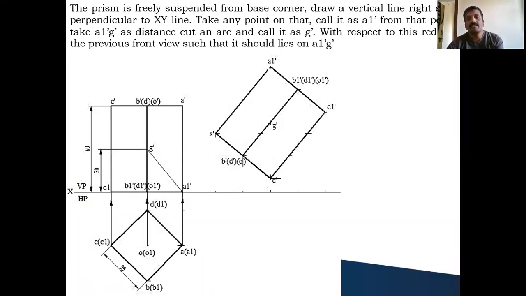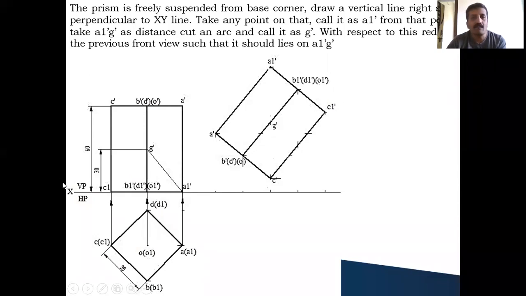So once you get the C1 dash, you join A1 dash and C1 dash. Like this line you can draw. And this is the base and this is the face. This is the base point you got. How to get this point? You draw a vertical projector at a perpendicular line. So from A1 dash you draw a perpendicular or vertical line, a perpendicular line to this line. C1 dash also you draw a perpendicular line or 90-degree line,